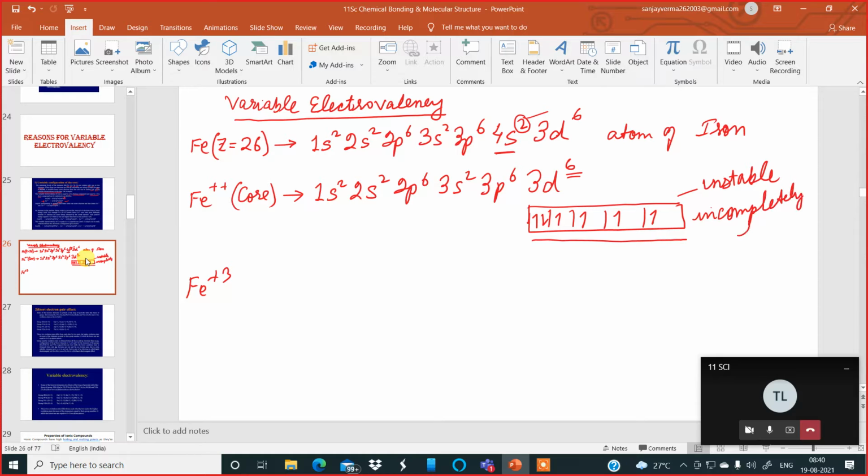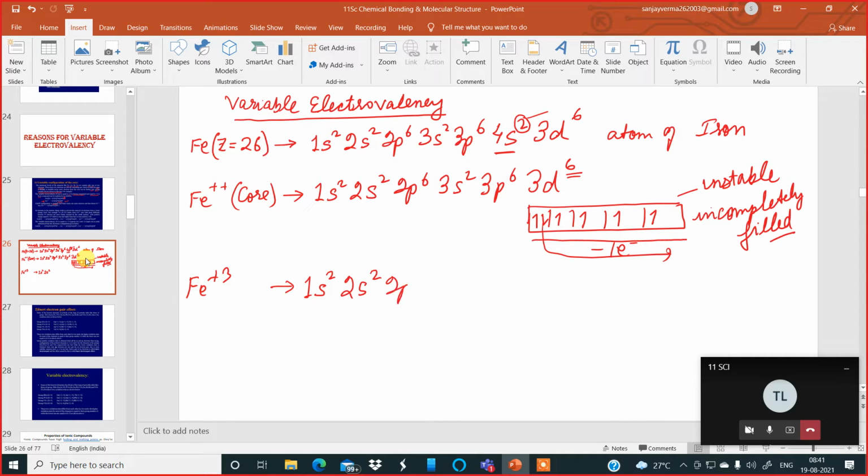Incompletely filled. Okay. So to make it more stable, this electron is sent away, one electron from the d orbital. From the d orbital, the paired up electron is taken away. And then we get Fe plus 3, which has electronic configuration of 1s2,